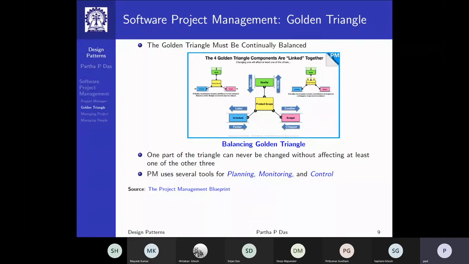Then it involves a whole lot of detailed activities. The basic life cycle that the project manager drives the project through is known as the PMC process: planning, monitoring, and control. That is, you plan that this has to be done, you monitor or measure how much has been done, and based on that, you control, that is, you expedite certain things, you put in more people, you reduce people, you negotiate with the customer and all that, and do a new plan.